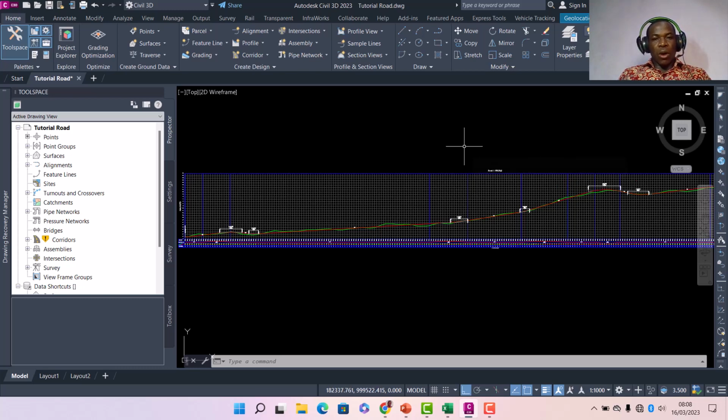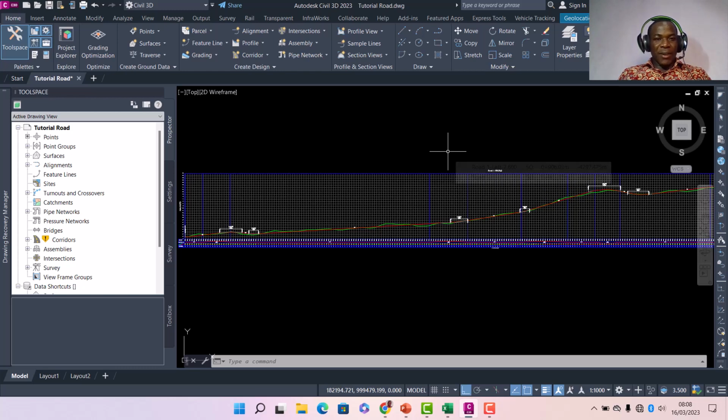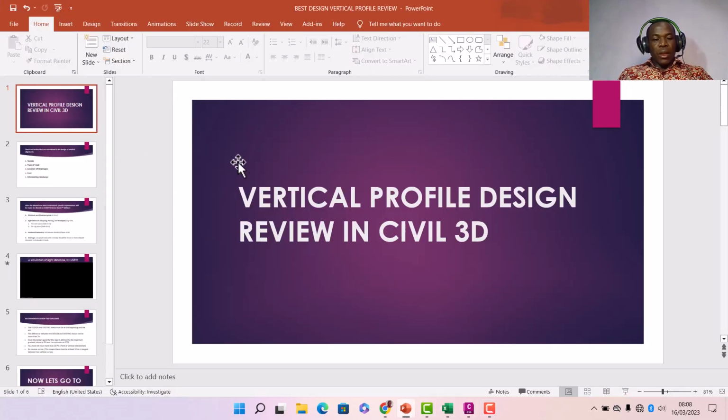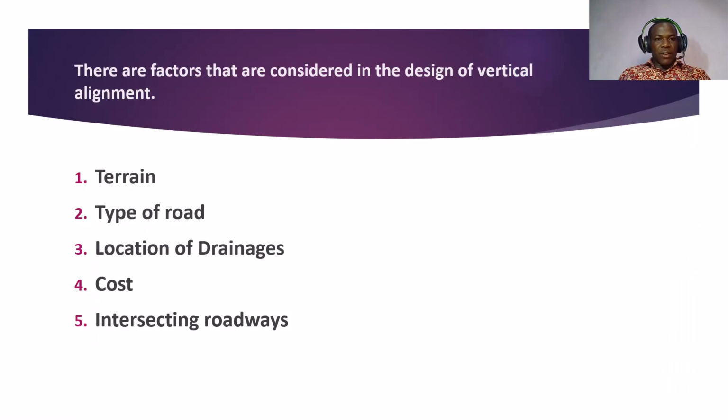I'm not going to go through how I went through all the reviews, but what I'm really going to do is design the vertical profile following the instructions I gave in the review. Before that, I'll take a brief overview of what the vertical profile is, and how important it is to design it accurately. If you see my screen, you will see that there are factors that are considered